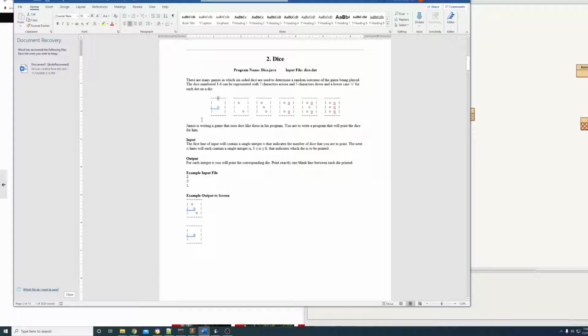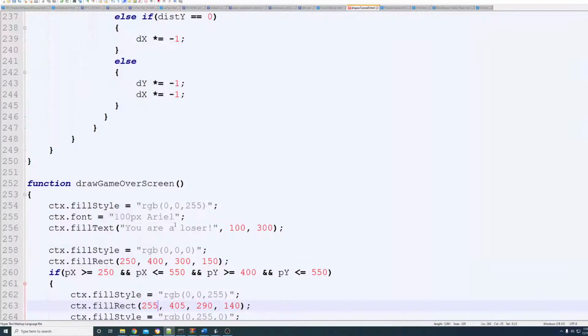So what we want to do is create functions that will print these out, or just one function really. We want to first create this input file. This input file is called dice.dat, and we're going to create that first. I'm just going to do that inside of Notepad++,